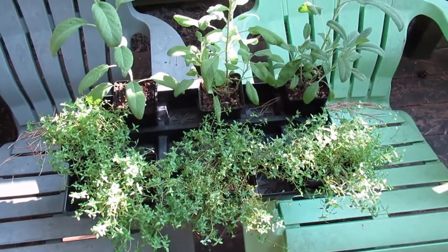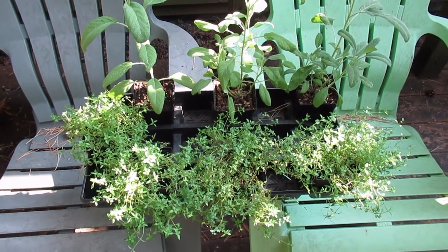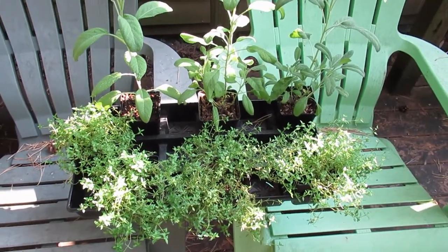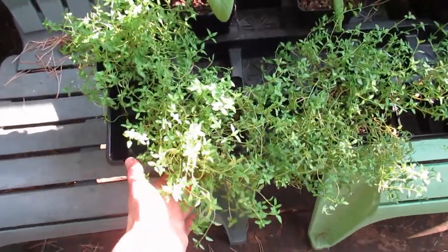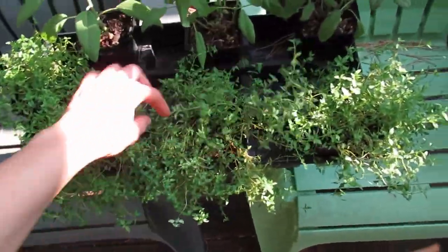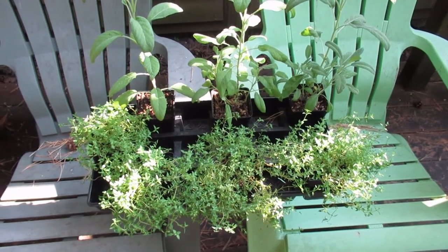My thyme and sage are looking great. I would like to get these up potted at some point, and I just haven't had the time. So I've literally been harvesting it off these little planter boxes and bringing it inside for drying. Not so much with the sage as much as the thyme. I've taken 2 very large harvests of thyme, and it's already filled back in again since the last time, so I noticed it responds really well to regular pruning, and I've been giving it fish emulsion to keep the nutrient level high. And yeah,